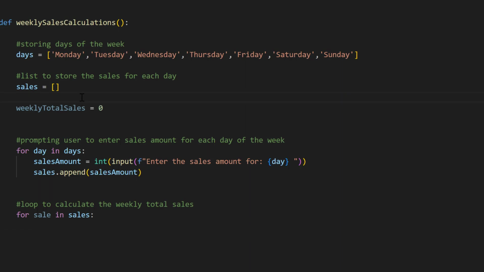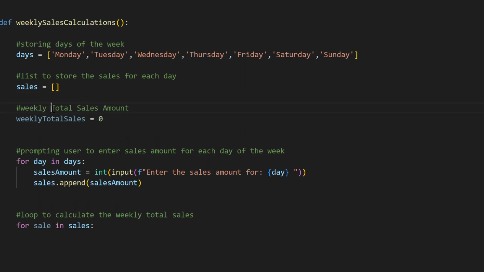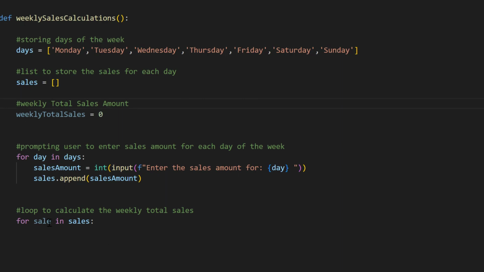We actually forgot to comment it out here. So this is the weekly total sales amount, and initially it is 0. So when we loop through this sales list, we want to update the weekly total sales amount. And you know that the weekly total sales amount is going to be a summation of the sales amount for each day of the week. So for us to be able to update the weekly total sales, we are going to go ahead and access it. So the weekly total sales, then plus equals